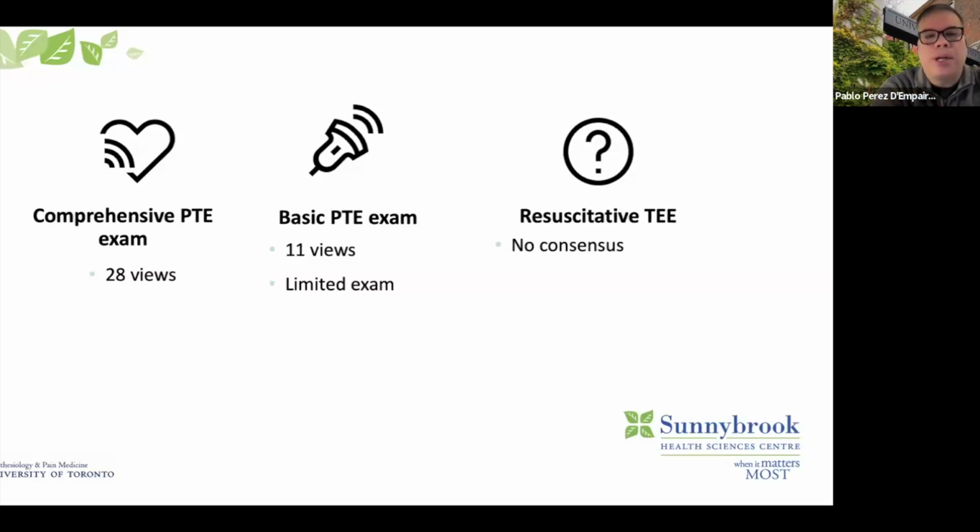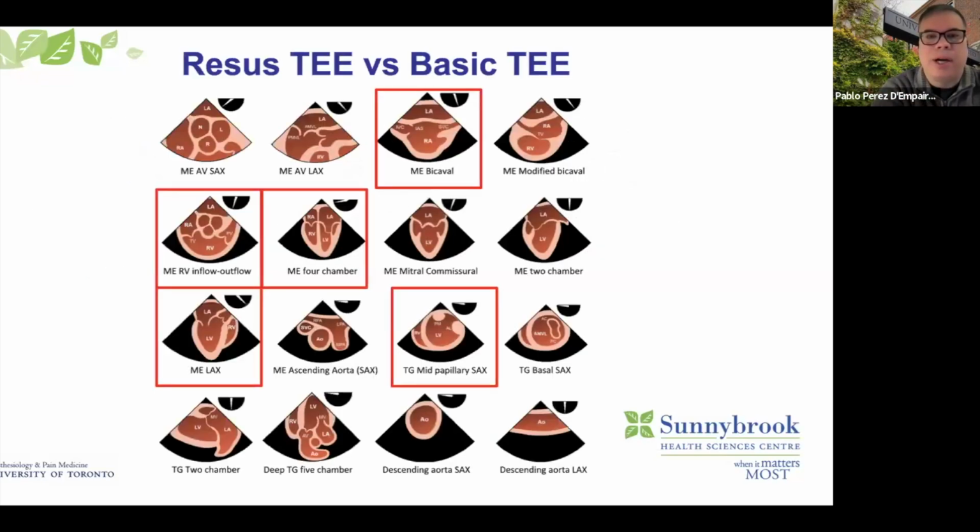And there's a more comprehensive basic TE exam that comprises 11 views with less terms of measurement. But in terms of resuscitative TE, we don't really have a consensus of what is actually defined. So overall, the consensus, or what I would say is where more people have been using it, from those 11